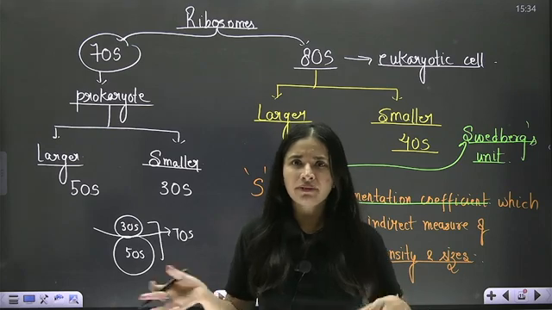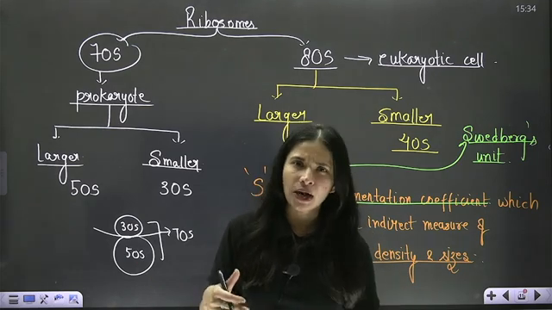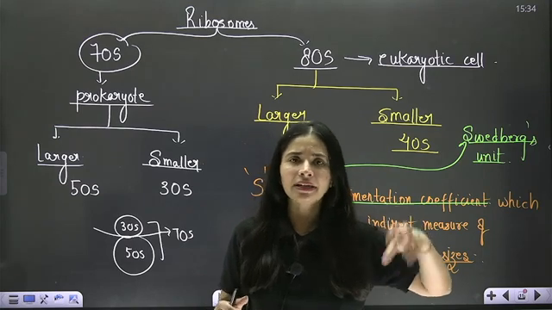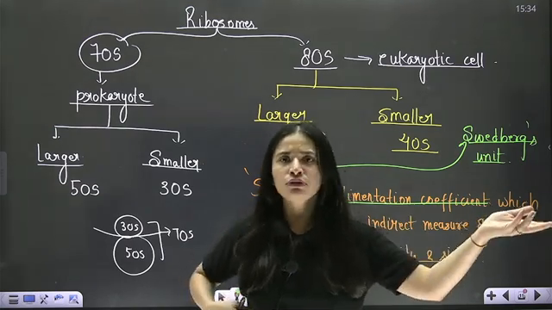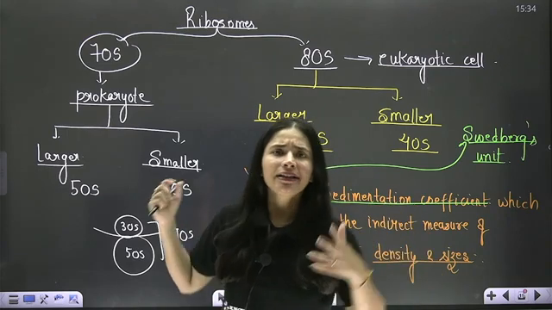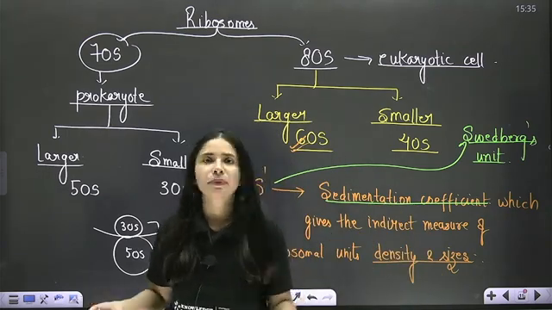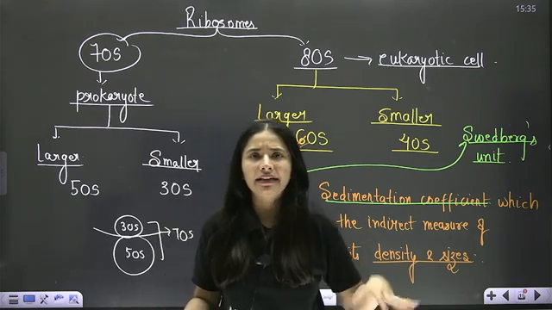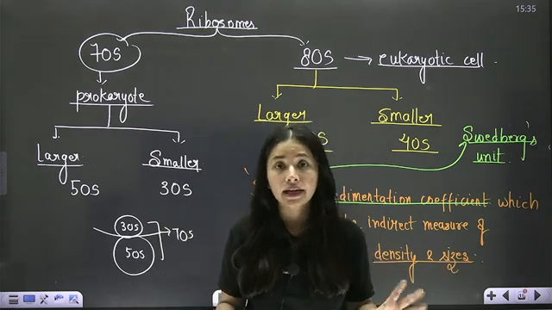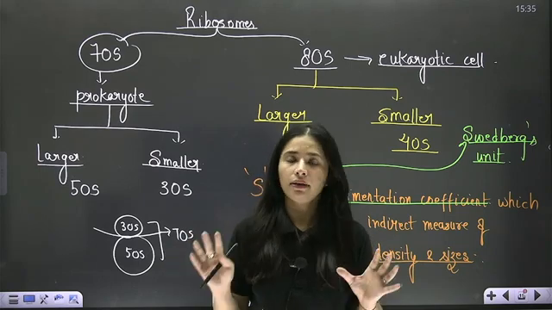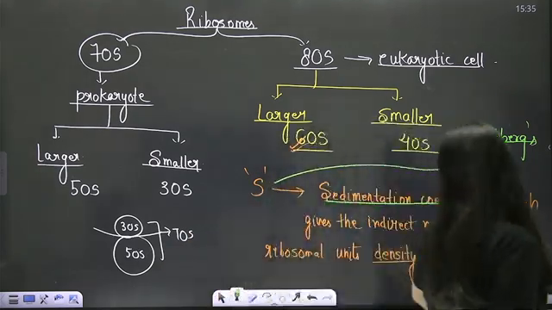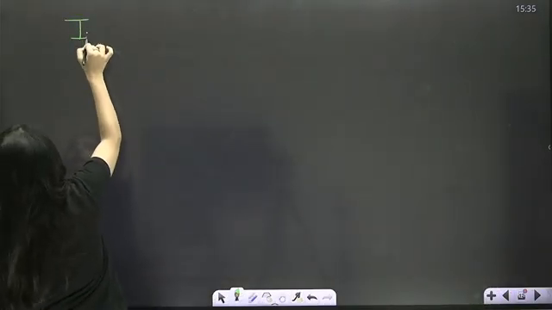Whatever waste or unwanted product is generated in your home, you keep it temporarily in the dustbin and then in the morning you throw it out. Similarly, these inclusion bodies are like dustbins for the cell, where the cell stores all the reserve material, excess, and unwanted secretory products temporarily. Right? Clear? So the next heading you are going to write is inclusion bodies,